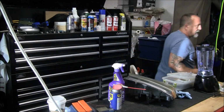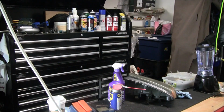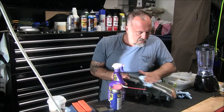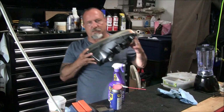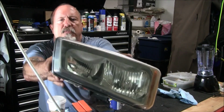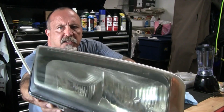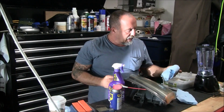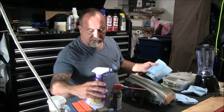Get another rag. So the haze is back. So I think what ends up happening, the WD-40 trick, it looks clear, but if you look at it, you can see that there's a bit of a haze still in there. I think the oil in the WD-40 actually fills in everything that's a haze, but it's a temporary fix,